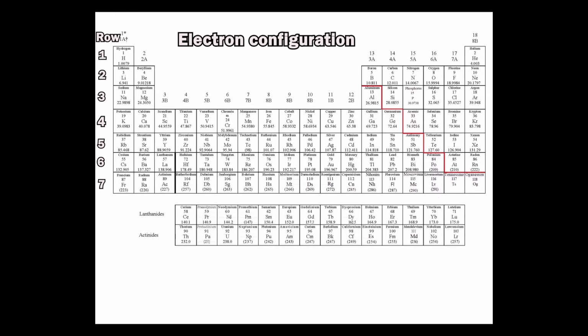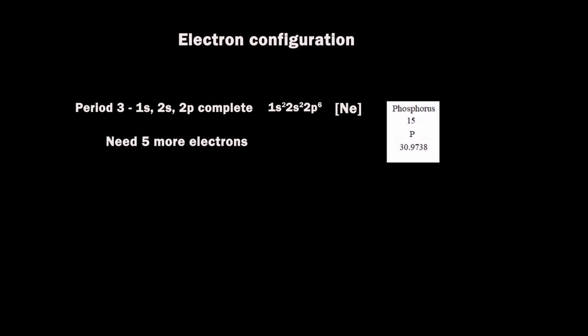Let's take a look at phosphorus, element 15, as an example. It needs 15 electrons for the neutral atom. The element is in row 3, so row 1 and row 2 are complete. In square brackets, we can sum this as the neon's electron configuration, and to complete phosphorus, 5 more electrons are required. 2 for the 3s, fill it up, and 3 more for the 3p for a total of 15. So there are 5 valence electrons, or the outer shell electrons.